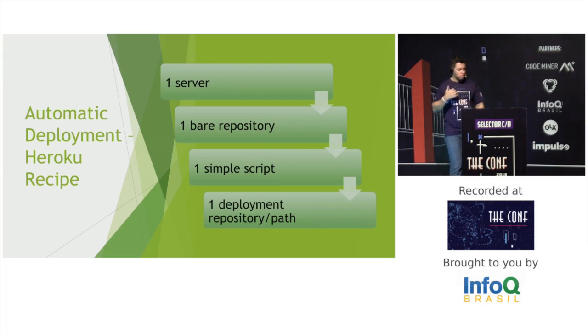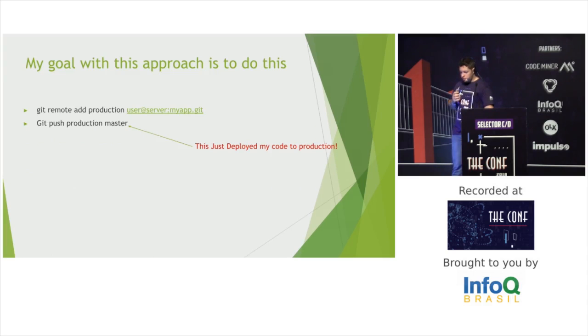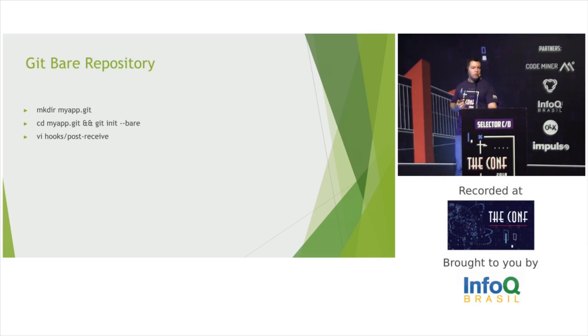Heroku helps you deploy Ruby, Node, and Python applications in a really easy way. My goal, in a new application we were creating, was to be able to just add a new Git remote to the repository on my machine, git push the master branch to production, and that should deploy my application without problems, like you do with Heroku. To do that, while creating the new server, I created a directory called myapp.git and initialized it with a bare Git repository, which is exactly the same as any Git repository, but without the checked out files. And I edited the post-receive hook